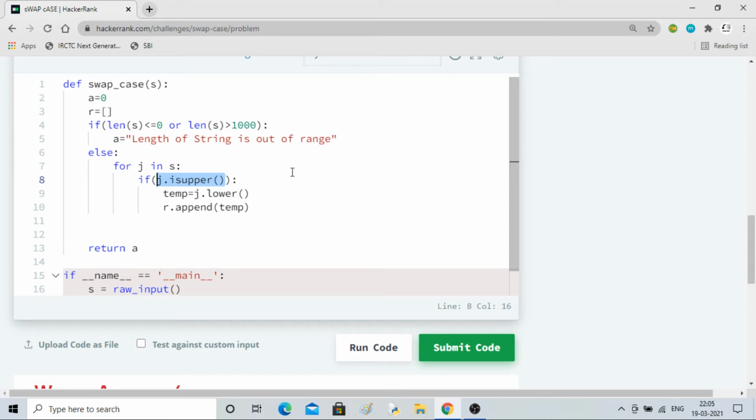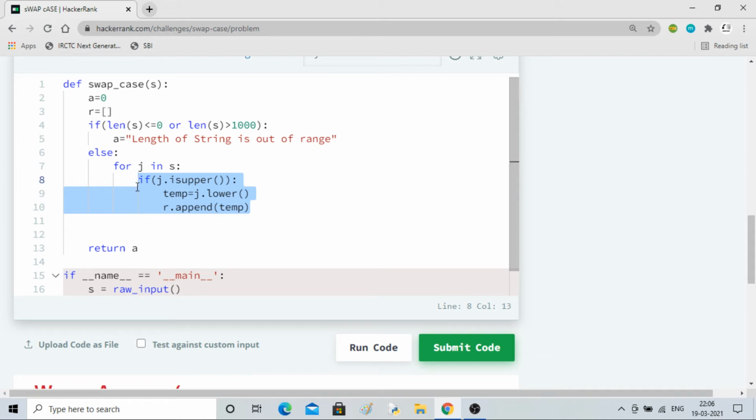If it is uppercase, it will go inside the if statement, it will execute this line, which will convert whatever the J is carrying to lowercase. Okay, and store it into temporary variable, and then this temporary variable will be appended to the R list. So it is as if we are converting uppercase to lowercase in this case.